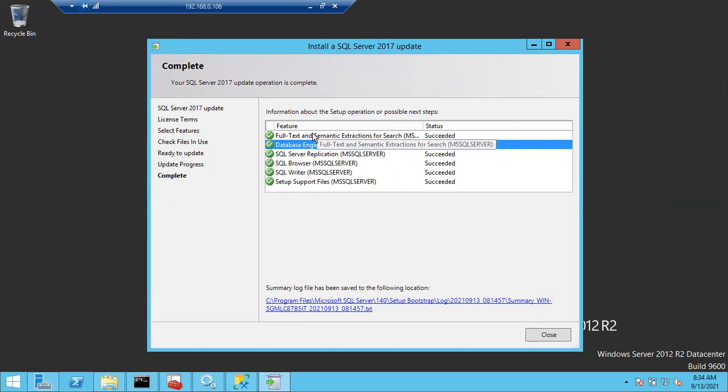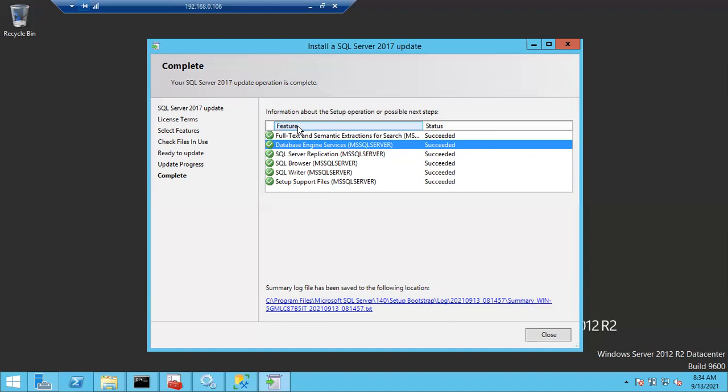Patching is not successful. Again, you have to remove the old patch and reinstall the new patch. Okay, tomorrow I'll update you. I'll tell you how to remove the patch and in what scenarios we are going to remove the patch. So we'll discuss those things in the next class.